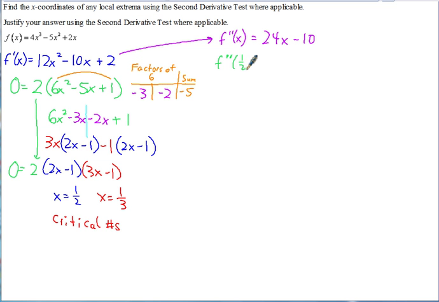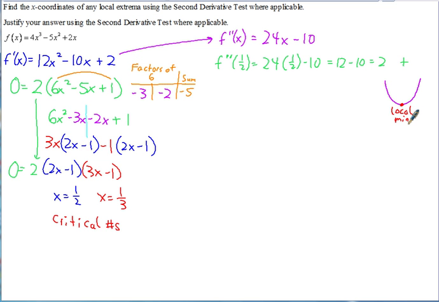F double prime of 1/2 will be 24 times 1/2 minus 10. Well, 24 times 1/2, that's 12. Minus 10 is 2. So since that's positive, we know the graph is concave up. And we already know the slope is 0, because that's where we got this. We set the first derivative equal to 0. So that would make it a